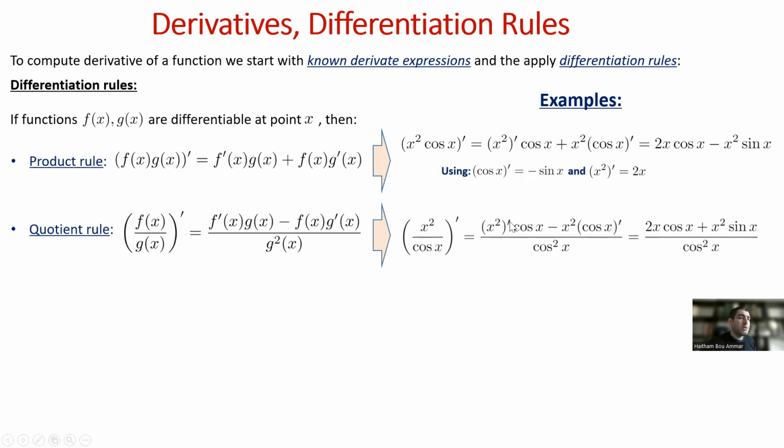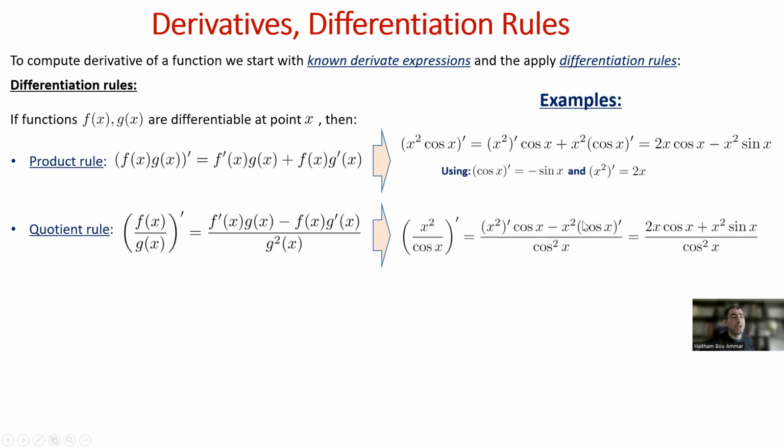Then minus the numerator function, x squared, we don't touch it here anymore, and multiply that x squared by the derivative of the denominator function cosine of x, and we know that will be plus x squared sine of x,